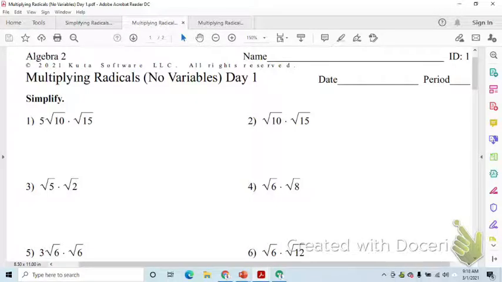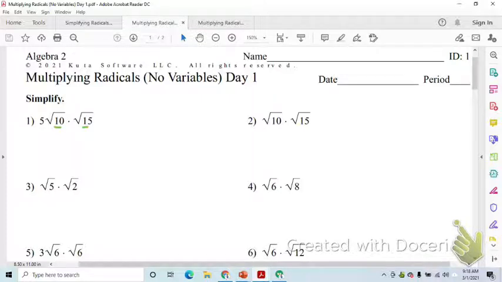Multiplying radicals. Let's get into it. All right, so hopefully you can see this okay. I might even zoom in just a hair here, just to make sure we're picking this up okay. So what we've got to do is make sure whatever happens inside the radical, we multiply those